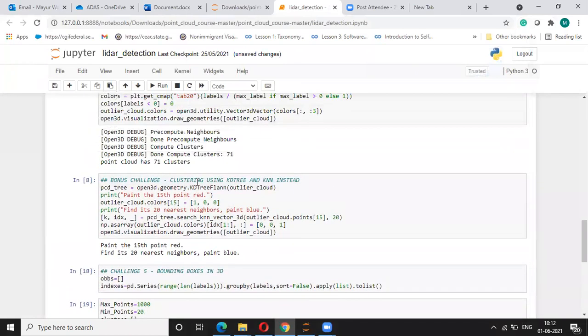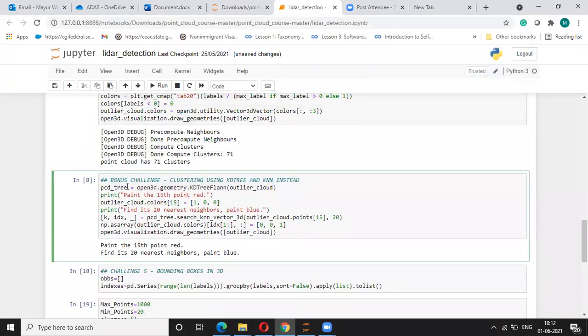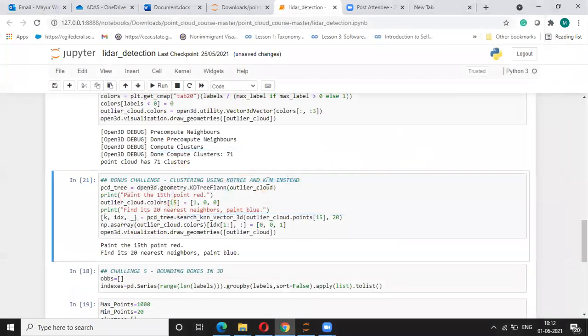And then the second result, for the bonus challenge, is where we have implemented the KD-tree. A KD-tree is like sorting all those points based on their XYZ position, and then we just have to choose the nearest points. So in this position, I'm taking 15 points as anchor points, and I'm choosing 20 points around each. Okay, so this is what I'm getting with that KD-tree.